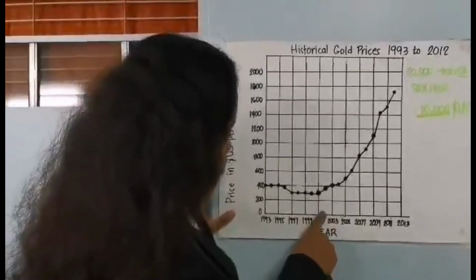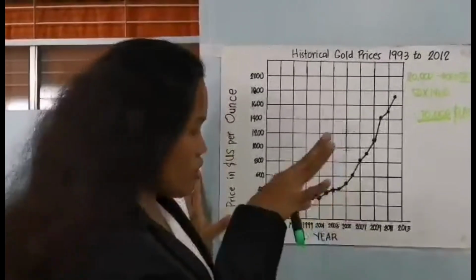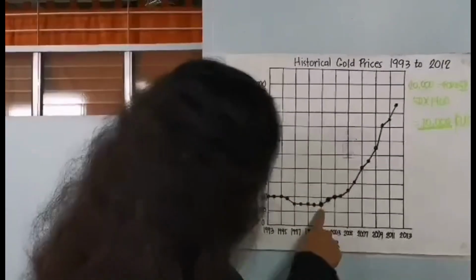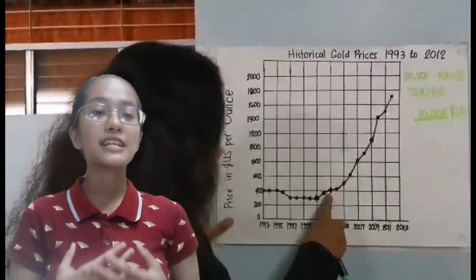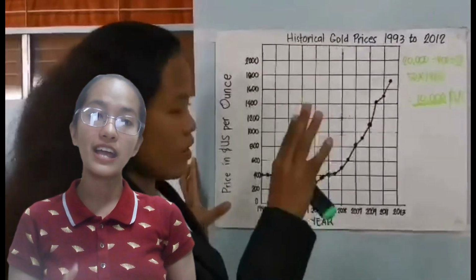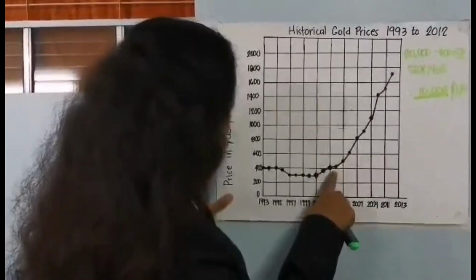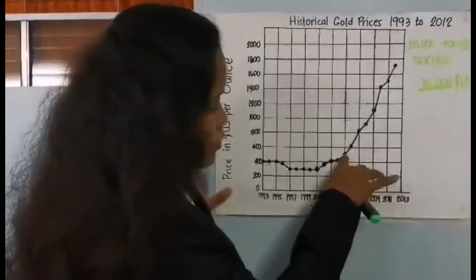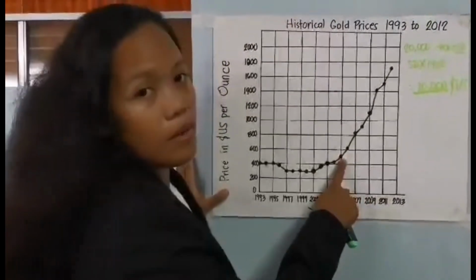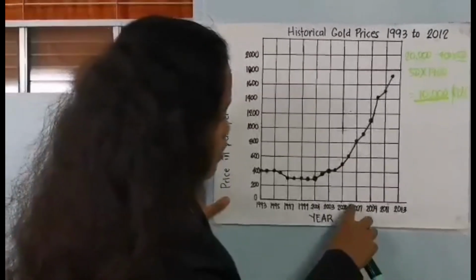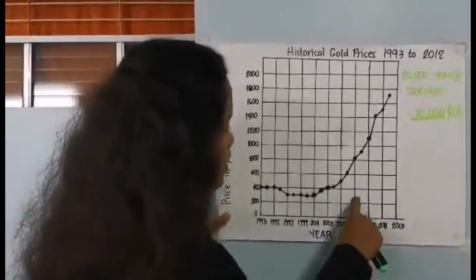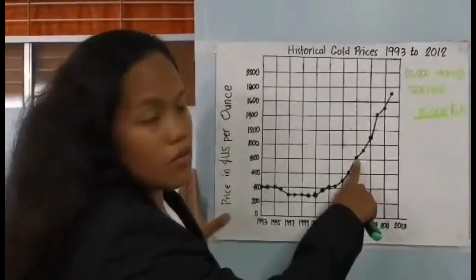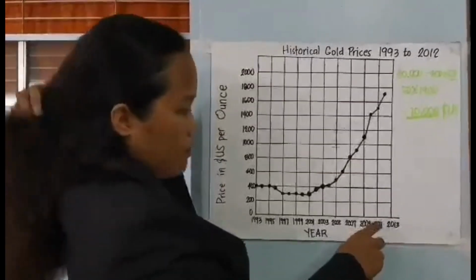So at the year 2001, we began to increase, which we have 310, and then at the year 2003, we were able to increase or inflate the amount up to 410, and then at the year 2005, we have 500 ounces, and then at the year 2006, we have 600 ounces, and then at the year 2007, we have 800 ounces, and then at the year